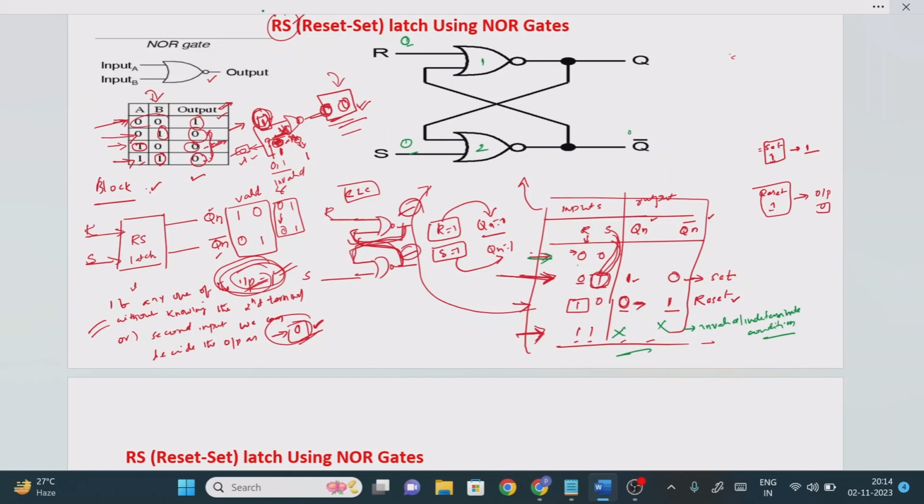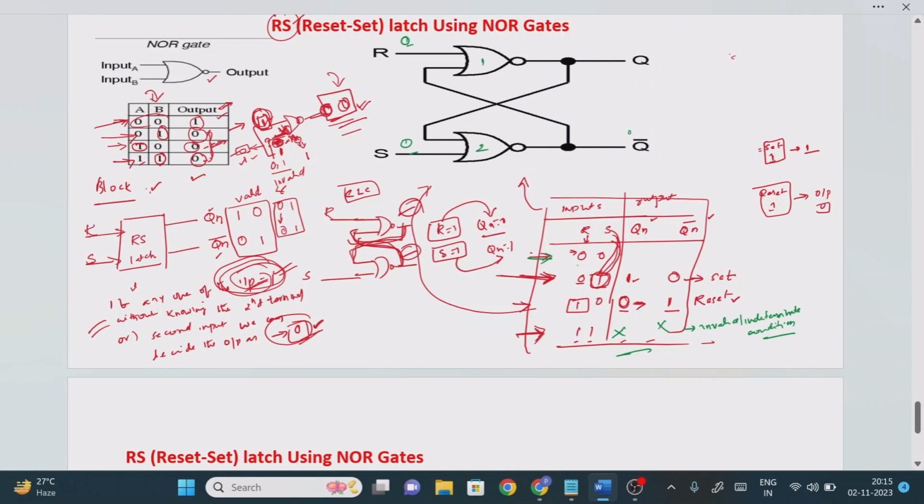Now here we have a challenging thing. The challenging task is that we try to identify for which logic gate we can find the output value. Logic gate 1 or logic gate 2, right? So see the concept we discussed. If any one of the inputs is 1, then without knowing the second terminal we can decide the output. But if you observe here, in logic gate 1 one of the input terminal values is 0, and in logic gate 2 also one of the input values is 0.